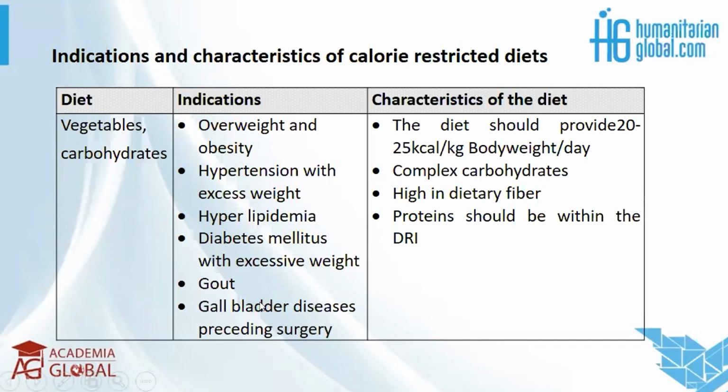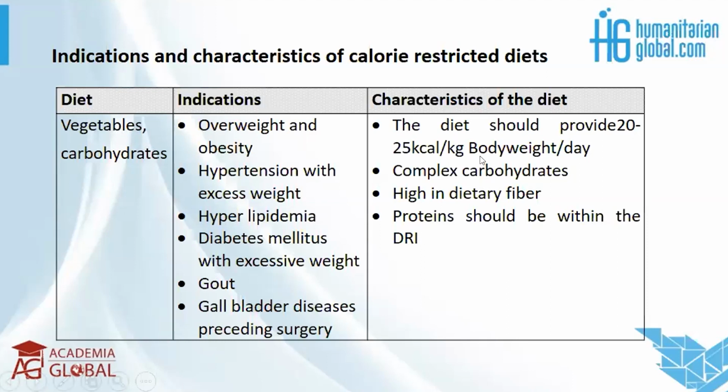Remember, the reason why gallbladder disease may be here, when you do your unit called Human Anatomy and Physiology, you understand the various parts of the body and their functions. You will know that the gallbladder stores the bile. And bile is used in the digestion of fats. So if you have a gallbladder issue, it may require you to reduce fats in your diet and to have a diet that will not increase